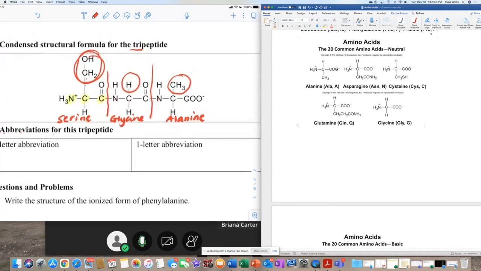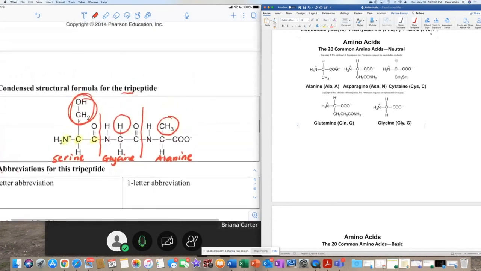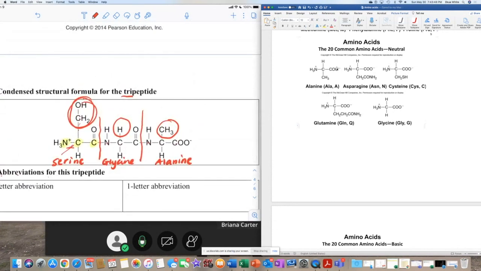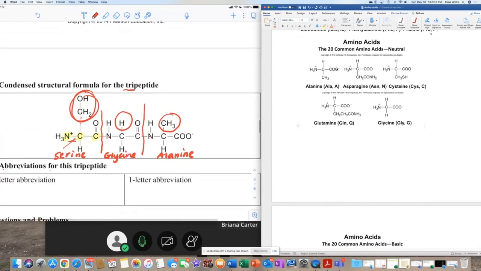With the condensed structural formula, for this part, I think this would be the most challenging part as I'm looking at this. NH3 positive here. You can write C in parentheses CH2OH. So actually, it'll be